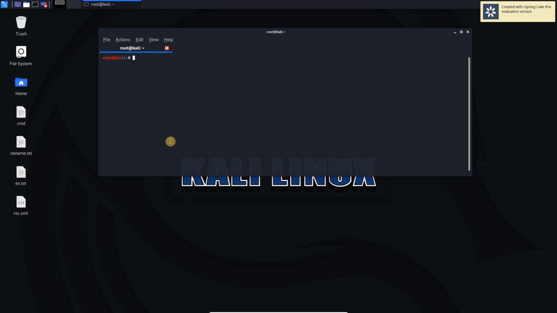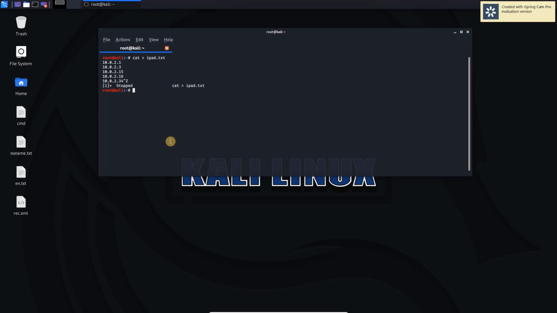Let's create a text file, cat ipad.txt, and let's enter some IPs: 10.0.2.1, 10.0.2.3, 10.0.2.15, 10.0.2.16, 10.0.2.34, and let's save it.